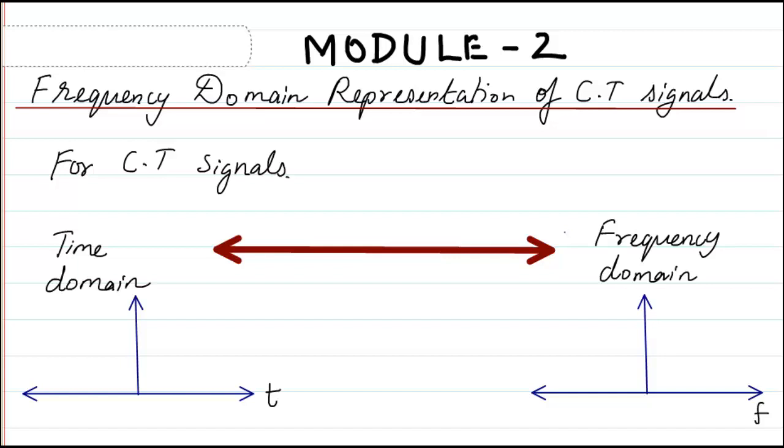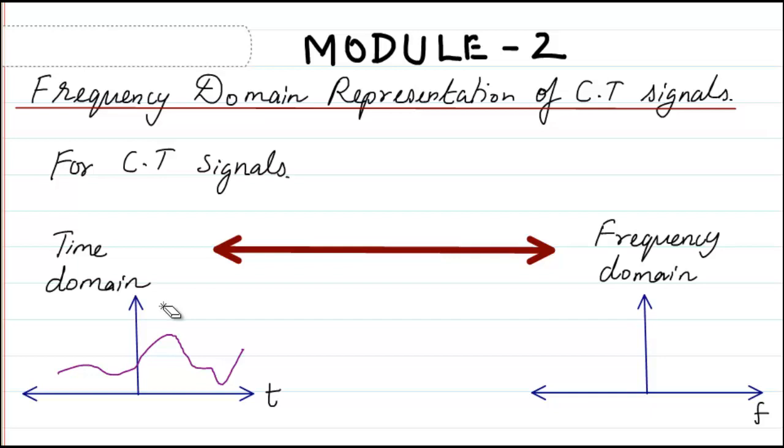To give an introduction of the topic, for any continuous time signal, right now we have seen the signal to operate in the time domain. That means we have seen that the signal is basically with respect to time. So with respect to time, it may have different values, a continuous time signal. Now when we say that the signal has been drawn with respect to time, it means that the signal is in time domain. That means we are trying to view the signal in time domain.